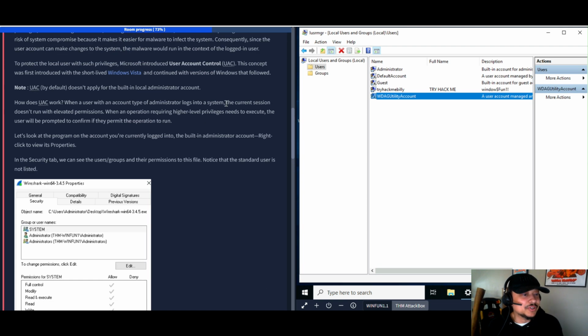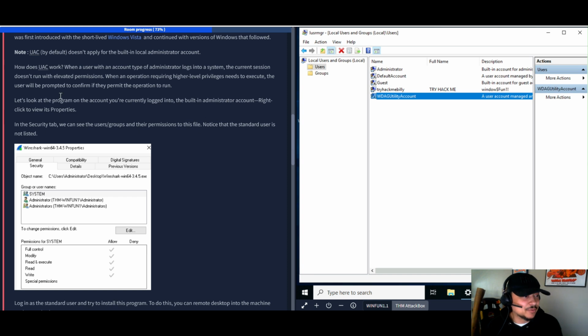Let's see, what are we doing though? Let's get back into TryHackMe world. All right. So it's talking about how does UAC work. When a user with account type administrator logs into a system, the current session doesn't run with elevated permissions. When an operation requiring higher level privileges needs to execute, the user will be prompted to confirm if they permit the operation to run. So let's look at the program on the account you're currently logged into, the built-in administrator account. So right click